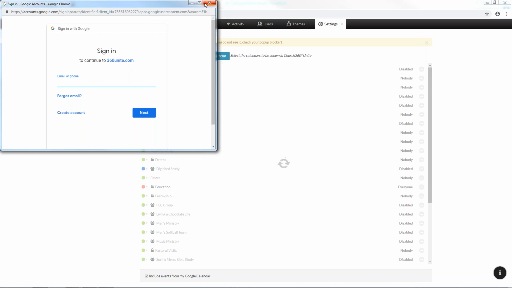So if they need to do anything on the Google Calendar later, they have that account information at the church, so they can do so. So it's best usually not to have it be a personal account. But with Google Calendars, instead of working from 360 Unite, you can use Google's tools to